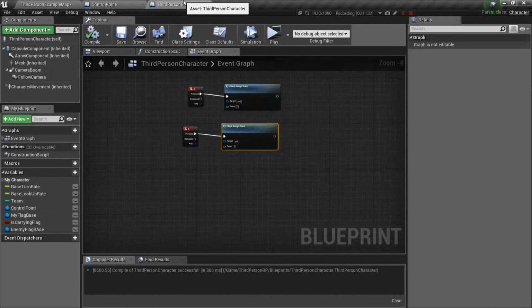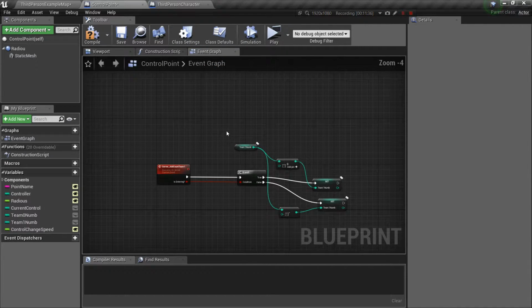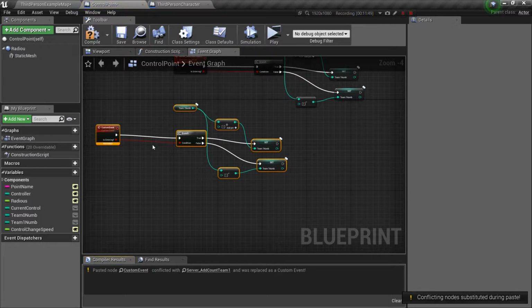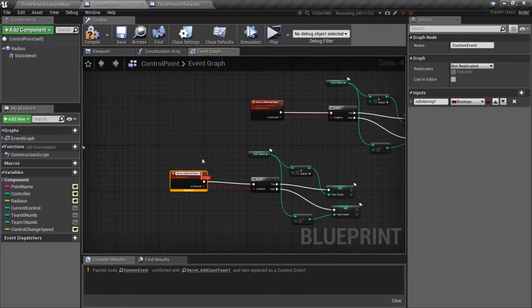So if over here in the third person character I have 4 teams, in the control point I'm going to do 4 add count teams. So I already have 2, I'm going to have to create 2 more. If in your game you have 10, you're going to have to create 10 of these, 10 functions like this. So I'm just going to Control C, Control V. I'm going to copy and paste the name of the event, but I'm going to say that this is going to be team 2,